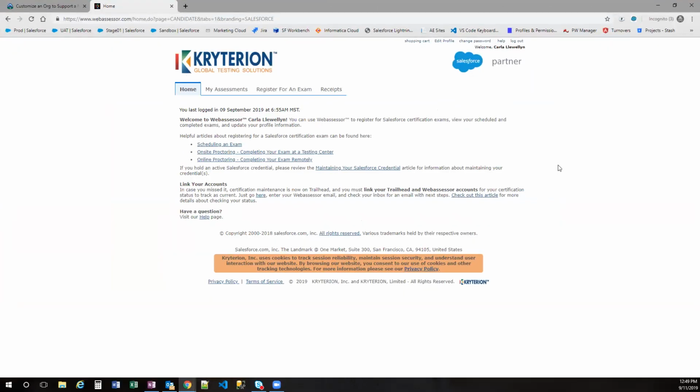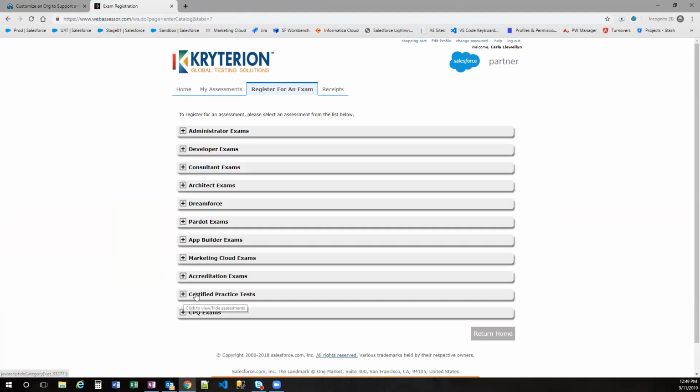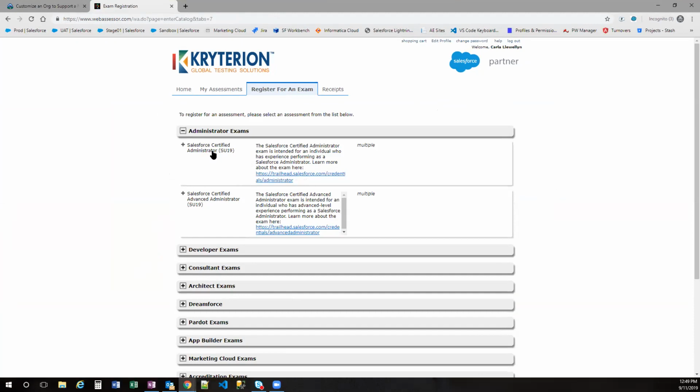So I logged into my Webassessor account, and if you've never taken a test before, you're going to have to go into Webassessor and create an account, and then you can start scheduling your exams. I'm sure we can go over that in one of our sessions too. If you've never done that, we can help out with that. Once you're logged in, you can go into register for an exam. And there are certified practice tests. To take the actual exam, you'll go into Salesforce Certified Administrator,